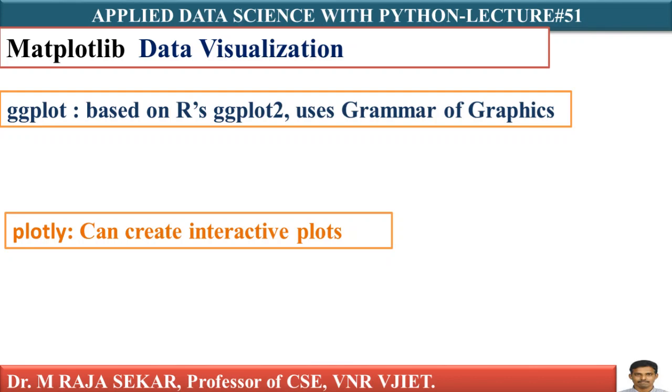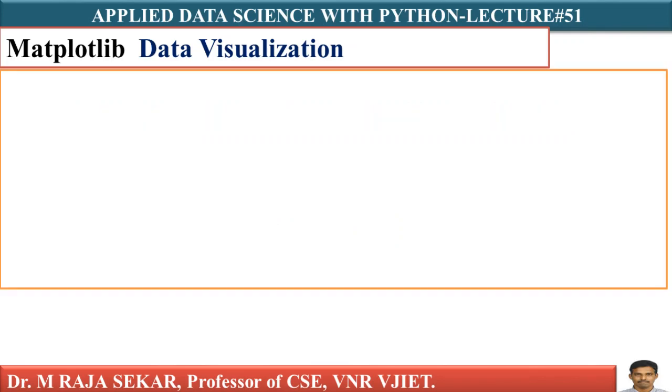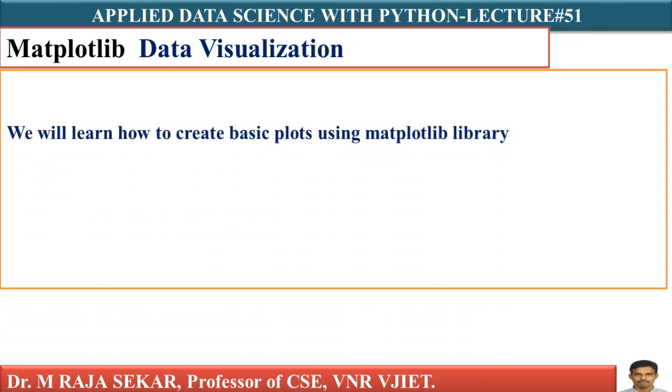The next one is plotly. If you want to create interactive plots, then go for plotly. Yes, let me proceed. Let's now look at some other commonly used kinds of plots, and these are more statistical in nature. The three commonly used plots are scatter plot, histogram, bar plot. Now we will try to understand these plots one by one.